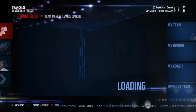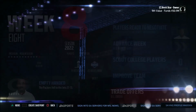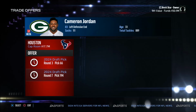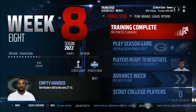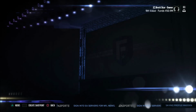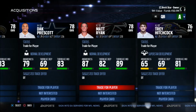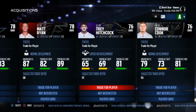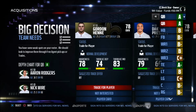So I'll show you the Cameron Jordan offer, because we only got one offer, for a 2024 third round and seventh round, which I'm going to do. I just want to make some notes of it. And then remember I said that now I can trade for one player. And so I went and looked through here. There is a superstar development quarterback here, 25 years old, but I already have one of those